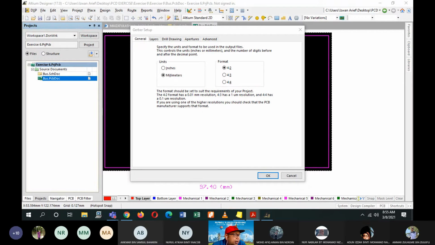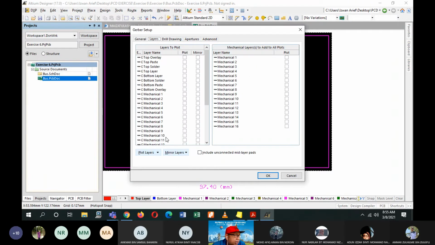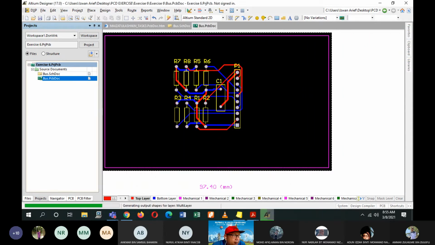Alright, and then click on layers and then plot layers to make sure that use on. So click on plot layers, click on use on, and then click OK.